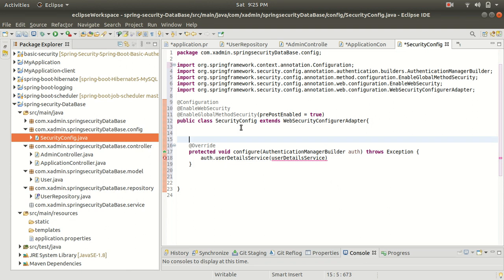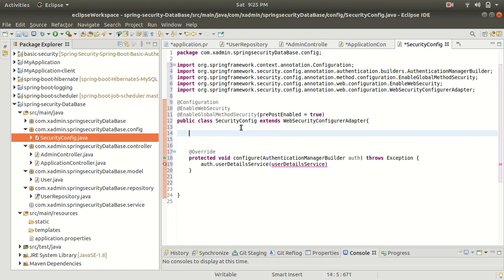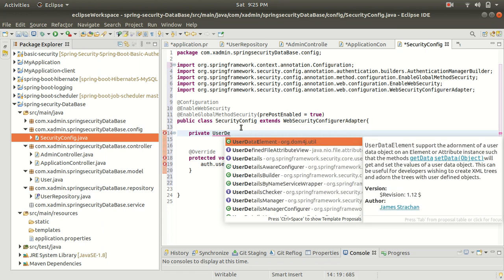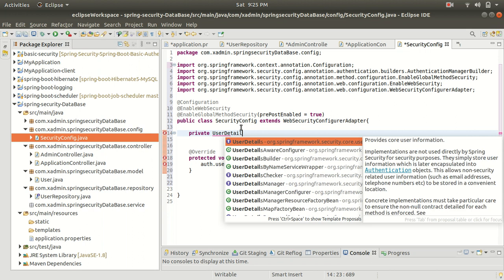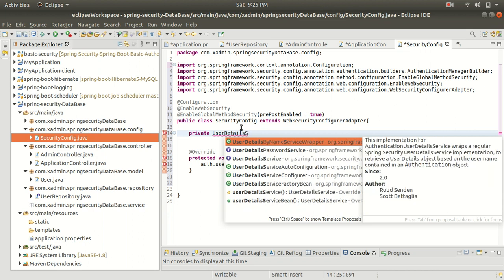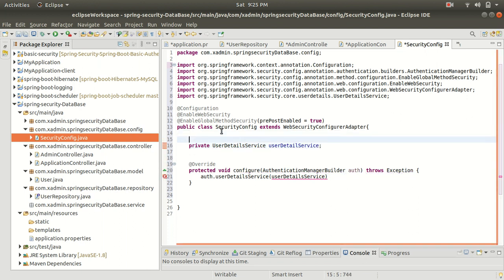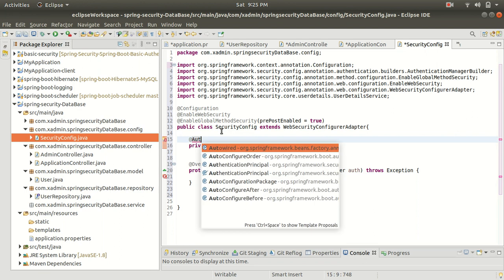Alright. So let me inject the user detail service. Alright. So UserDetailsService, let me mark this with @Autowired.